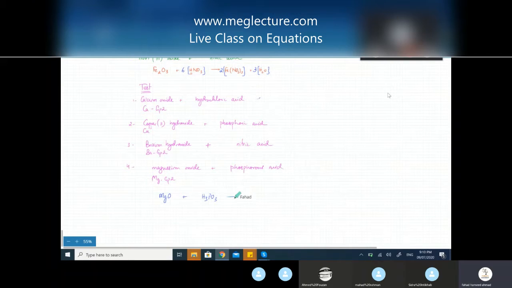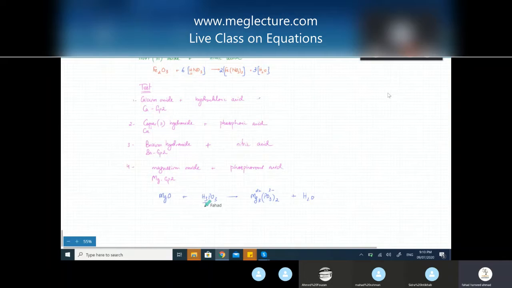So in this reaction, if you have a base, a metal oxide, reacting with H3PO3, it's going to produce a salt, which in this case is going to be Mg2+ and PO3 3-. The H in the acid is neutralized, and Mg is going to take its place. So it's going to be Mg3 and PO3 would be twice, plus water. Whenever you have an acid-base reaction, a water molecule is also produced.